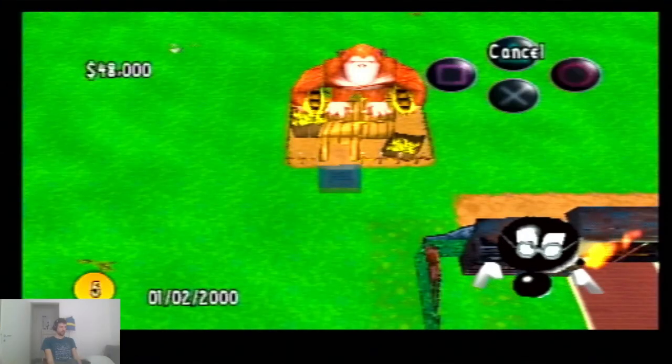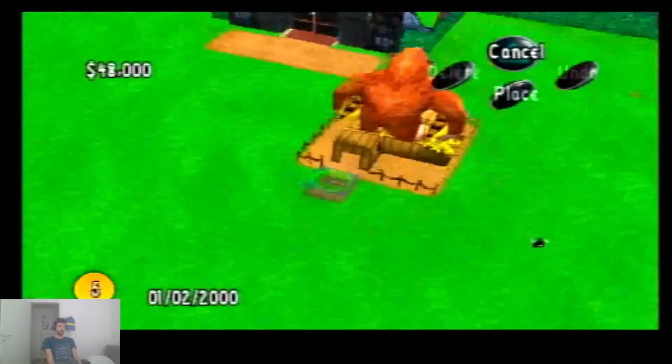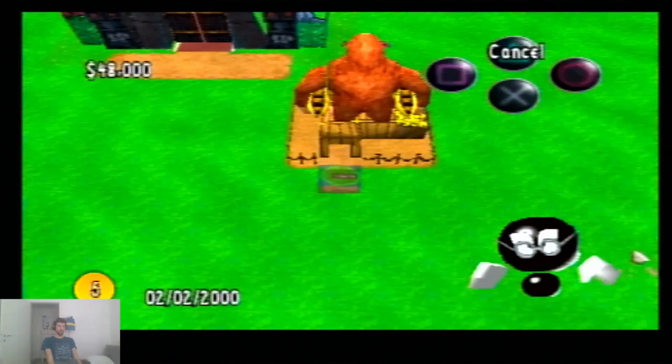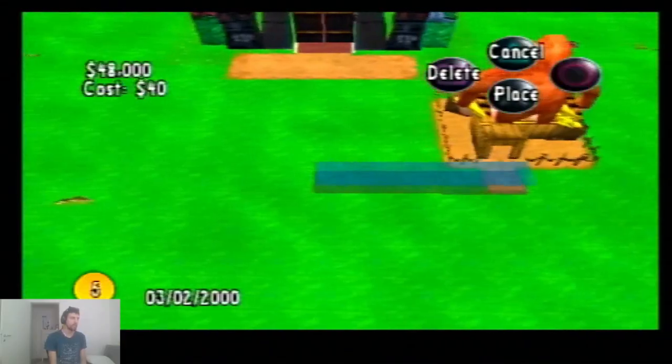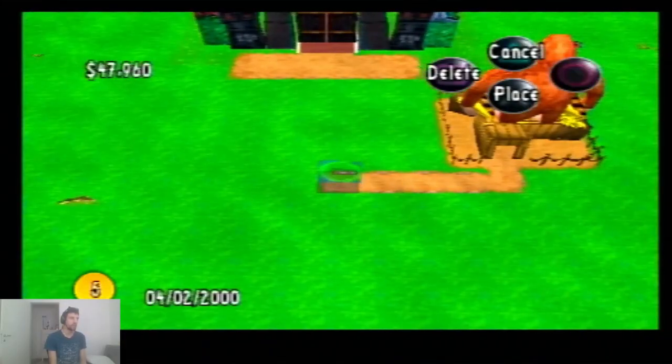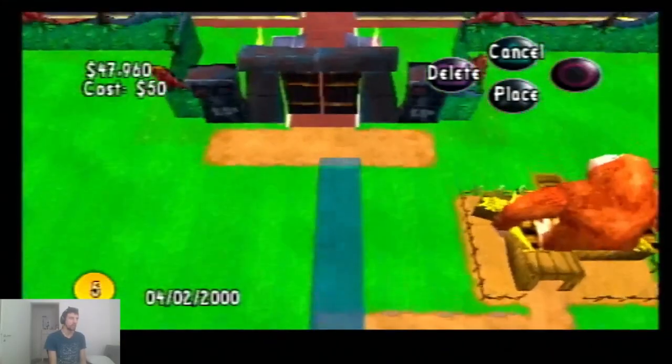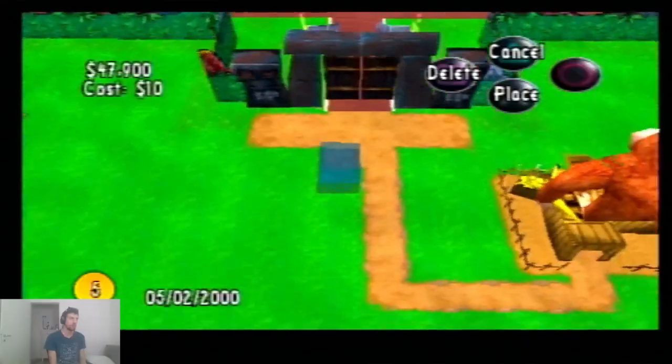Now link the entrance queue to a path so visitors can use the ride. Now link the exit to a path so visitors can get off the ride. This is a game where you manage your theme park, build a theme park,